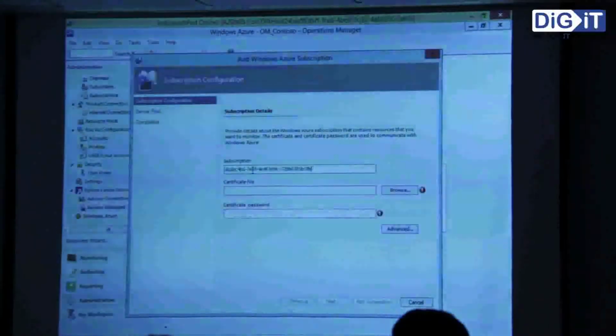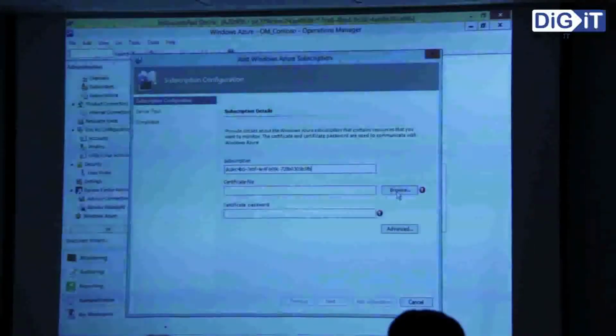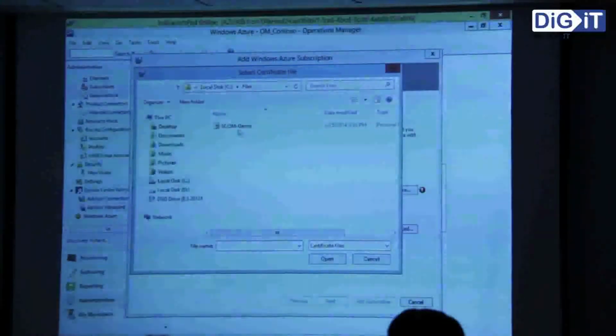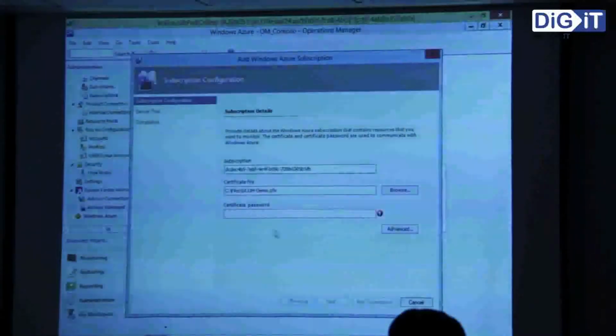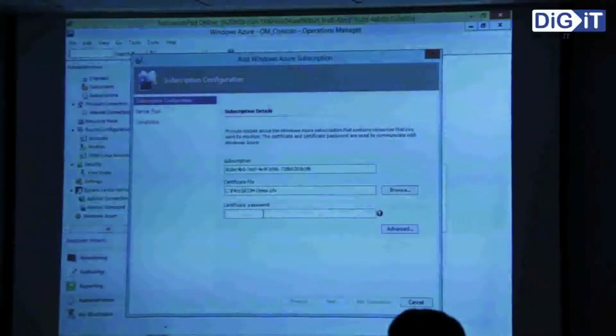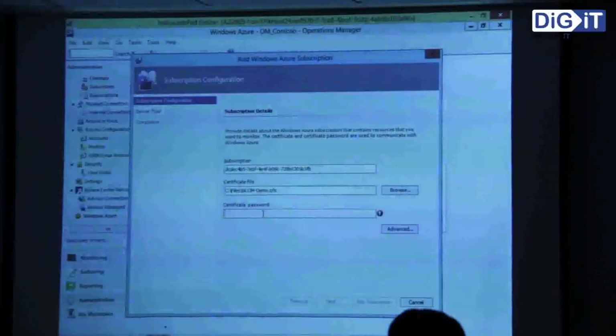Copy that one. Remember the certificate that we created previously? We have to give that one as well. And if there's a password already assigned for that one, you have to give that one. Now, when I say next,